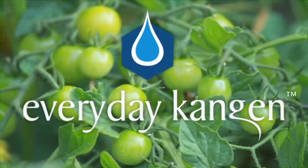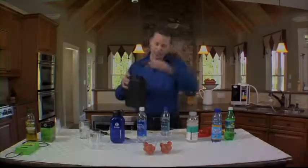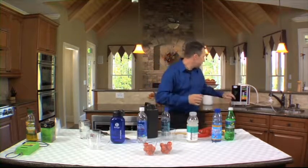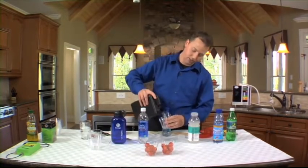Everyday Kangen. Let's prepare some vegetables and take a look at what's being found on our food and in our water. In this jug, we have an 11.5 pH water that comes out of the machine. When we come over here and we set it at the 2.5 setting, we actually make an 11.5 water. And just to show you what it looks like,